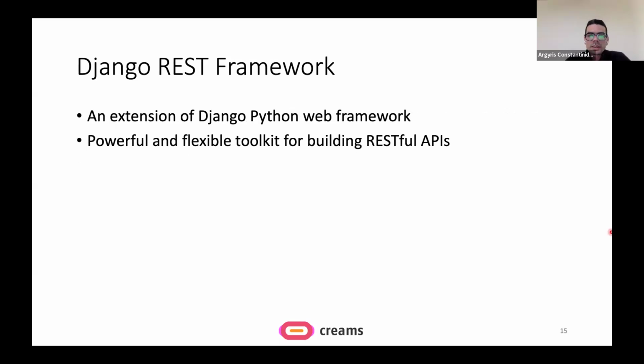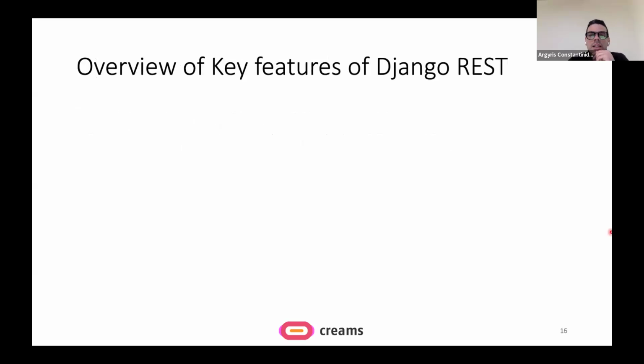Now, a few more words about the Django framework that we used for building the web APIs. This is an extension of the Django Python web framework and offers a lot of different components that help with the creation of the APIs.